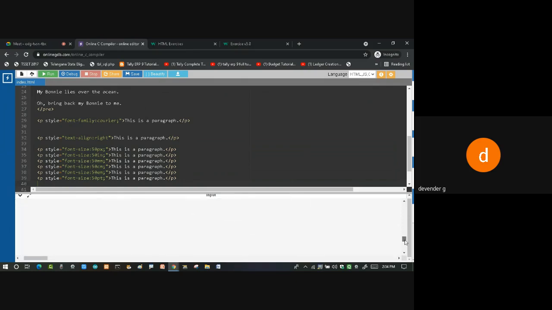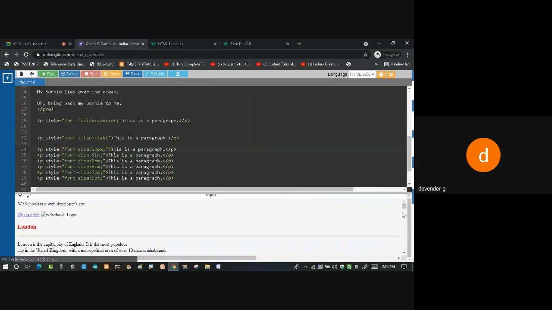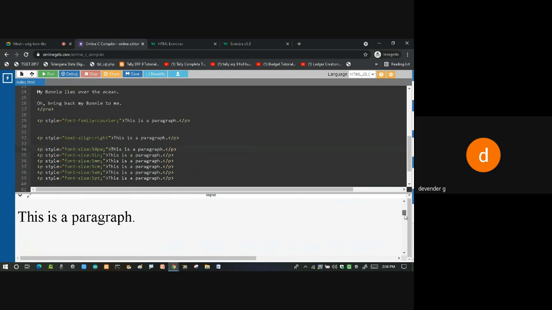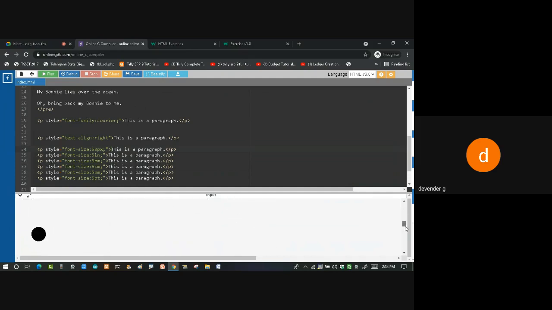See, this is centimeters, meters, points. They all are coming over here. So what I'll do, instead of this bigger size, I'll make it 5 inches, 5 millimeters, 5 centimeters, 5 em, and 5 point element. Okay. First one is 50 pixel. Let it be. And then we'll see. Yeah, so we got something a little bit. So you can see this is 50 pixel, and you can see this is 5 inches.